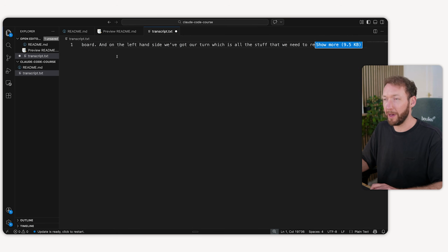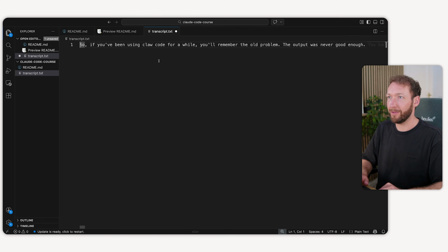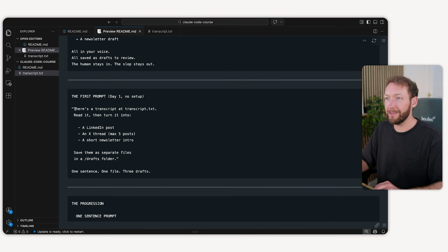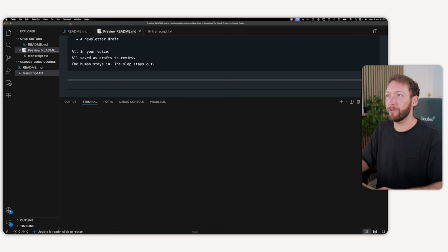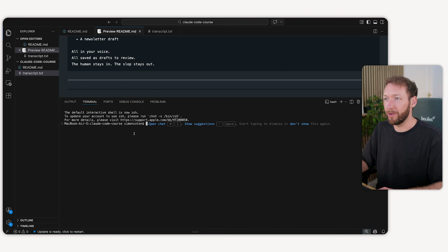And what we're going to do is just paste in that transcript. So it's literally just going to be the entire transcript pasted into this transcript.txt file. You probably see where we're going with this. We're going to copy this, and we're going to go up to the top and open a new terminal. I'm on Mac, so it might look a little bit different if you're on Windows. I'm going to open a new terminal, and that terminal, you'll notice, is in the folder I opened, so Claude